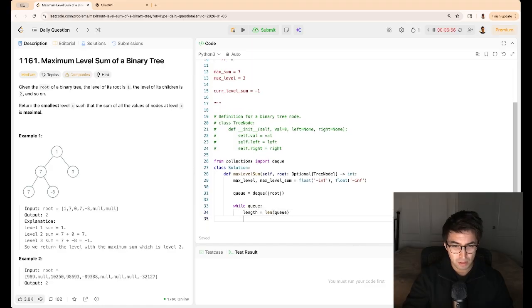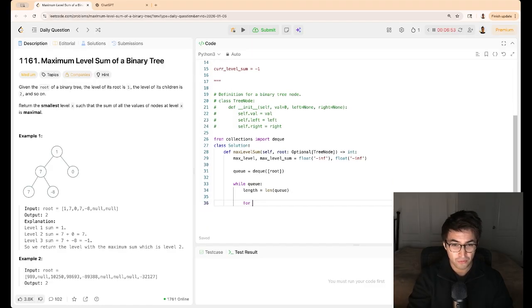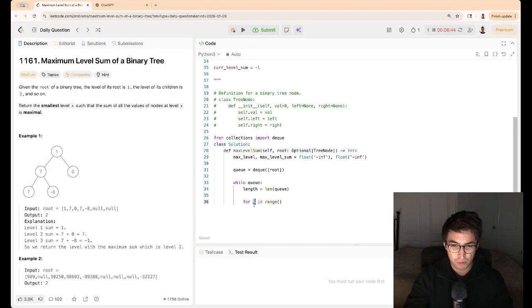Okay, and then we'll say for underscore in range length. This is just, we don't actually need the value in here. Then we'll say node equals q dot popleft, popping the first element,